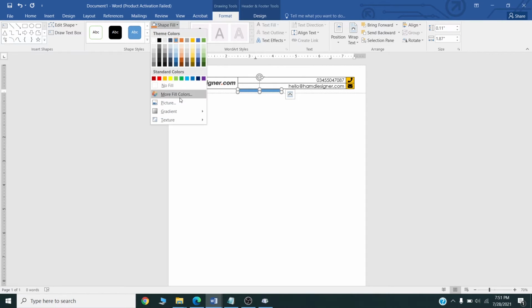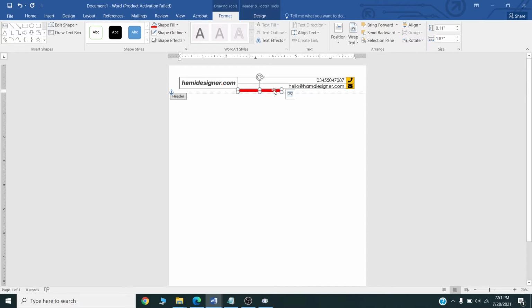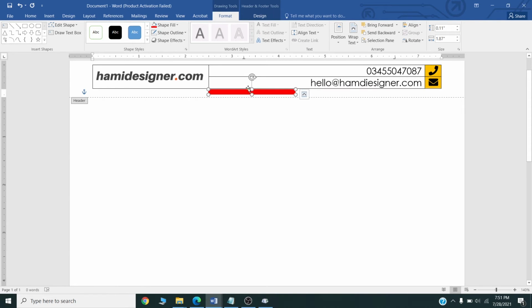more colors and I will choose this color here, so it will be easy for me to choose similar colors here. I will choose this red one first. Now I will zoom in a bit. I will reduce the size, Control C and Control V. I will reduce the size